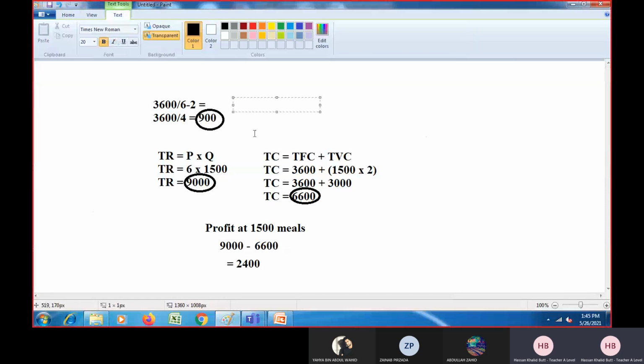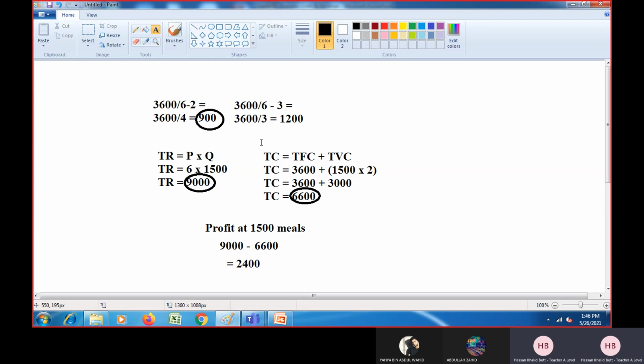Okay, now I'll use the same formula there. We'll write fixed cost, that is 3,600. Okay, that was given in the question. Then divided by selling price, that is 6, minus, now we won't use the previous value, that is 2, for variable cost. We'll take 3 because they have clearly mentioned that the cost of food ingredients has risen by $1 and that is a variable cost. So now we'll get 3,600 divided by 3 and we'll get the answer, and that is 1,200.